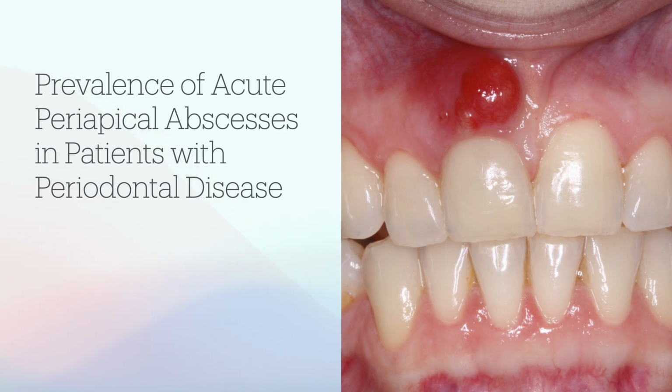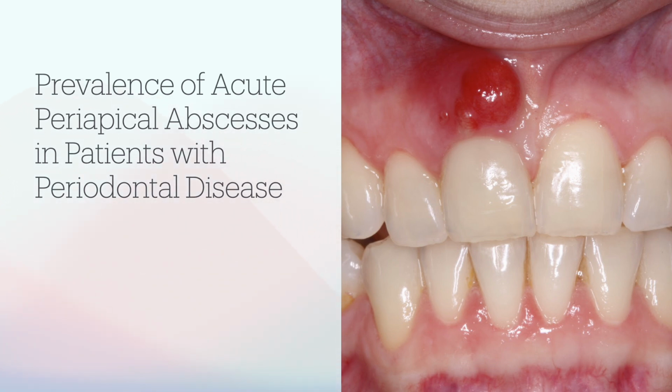The study revealed that patients with PD have a significantly higher incidence of acute PAs compared to those without PD, with an odds ratio (OR) of 46.2. This means that individuals with PD are nearly 46 times more likely to develop acute PAs. The data showed that women and older patients were particularly affected, highlighting the need for targeted interventions in these populations.